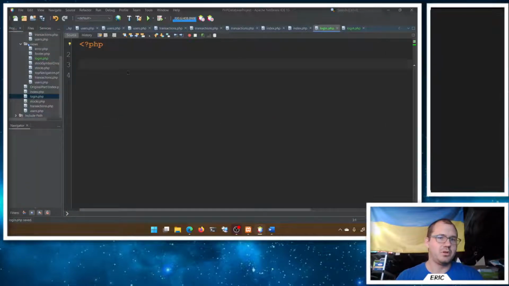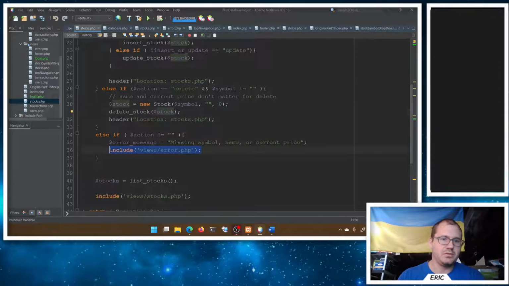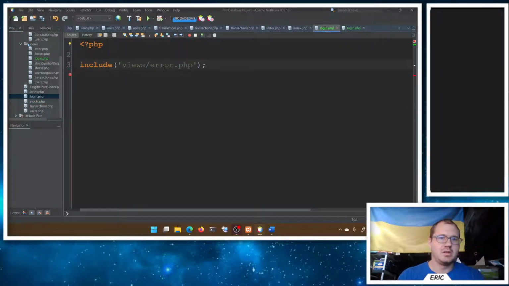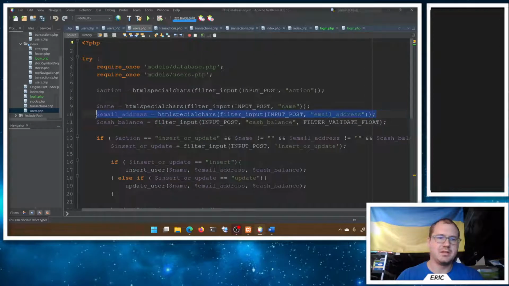So for now, the controller should probably just include the view. Let me go grab that, make sure we're doing all this one right. Yeah, include the views of the login view. That way we're going to get the login page. This is just to start. And then let's, after that, after we include, or maybe before we include the view, let's see if we can't get those values out here. So just for fun, we'll try and get the email address. So we'll have an email address is, you know, we did this over here, didn't we? Yeah, I want to copy paste all that. Email address, here's our login controller,